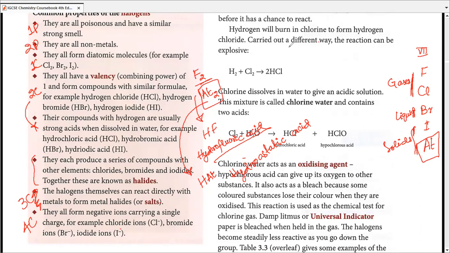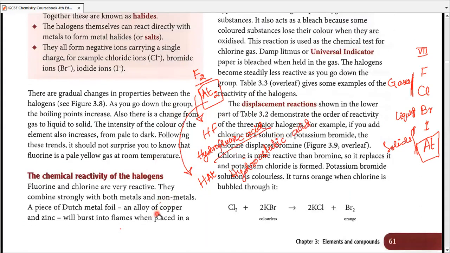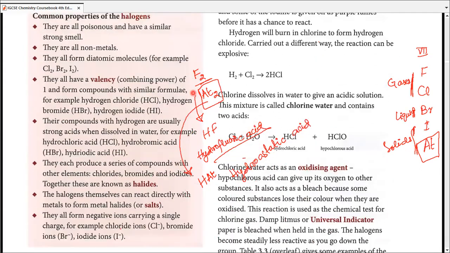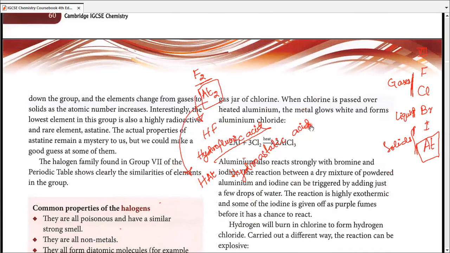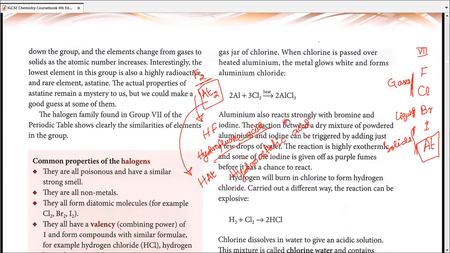All right. Can I clear it up? Yes, sir. So I'm going to clear this whole thing up, and let's move to the bottom. So chemical reactivity: fluorine and chlorine are extremely reactive. The rest of them may react easily. Usually with a metal, metals burst into flames when they're placed in a jar of chlorine or fluorine. So metals actually burst. However, for aluminum,